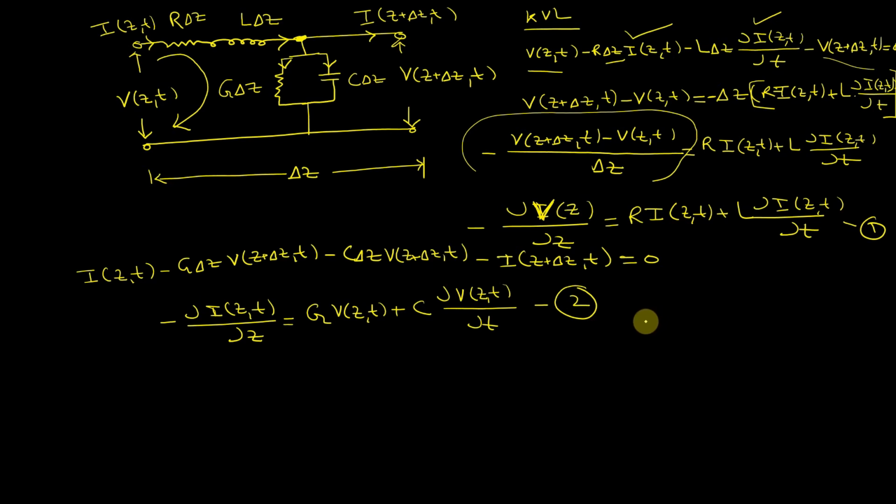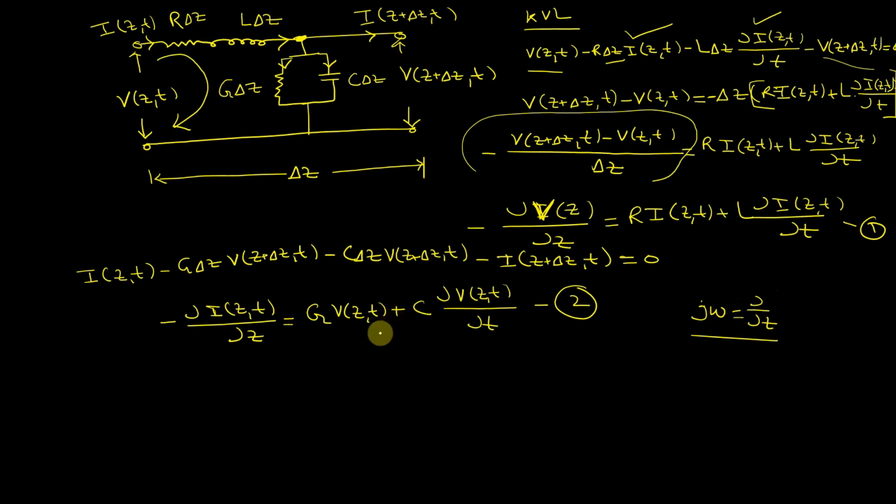These two equations are the general transmission line equations. Now we can write these equations in time harmonic form, as we did with the Maxwell equations. From the Maxwell equations, you know that j omega was the replacement of the curl by curl t. In place of curl by curl t, we have written j omega. This is the trick we have used.